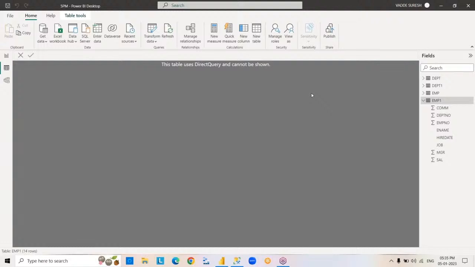You can see directly. In the same way, what is the use of direct query then? In direct query, data will be there in the source only, only the structure is copied, right? Yes. Why we are using direct query means